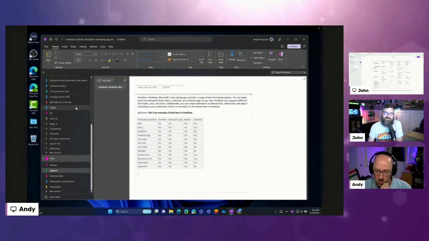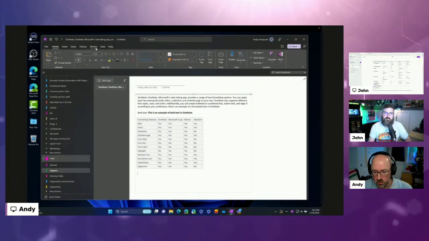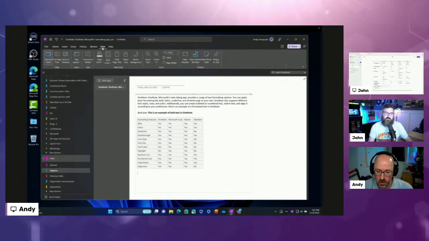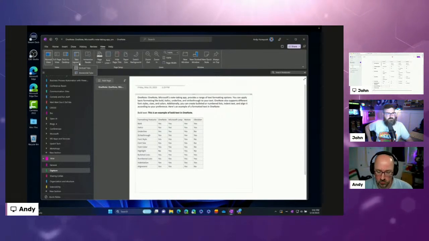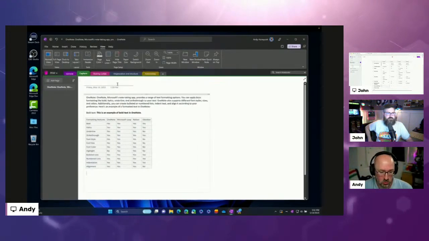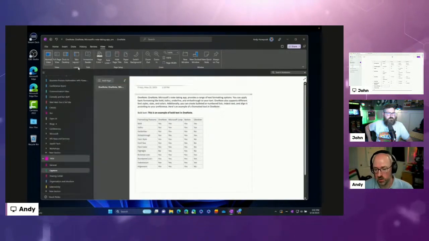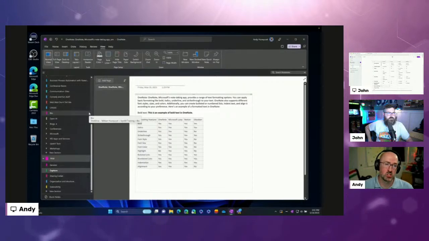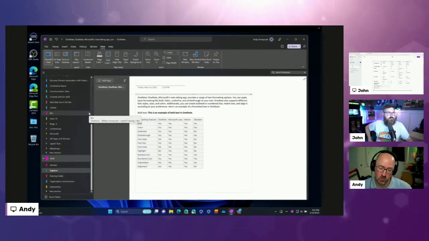Yeah, and what we're seeing now is it's starting to look more and more like OneNote on the web, where you have the ability, if you want to have your tab layout on, you can. If you want them vertical, you can do that. If you prefer them all on the top, you're going to be able to switch back and forth and pick that layout. But if you want it to match up with what OneNote on the web looks like, you can move your tab layout over to the left hand side of the screen, the vertical layout.